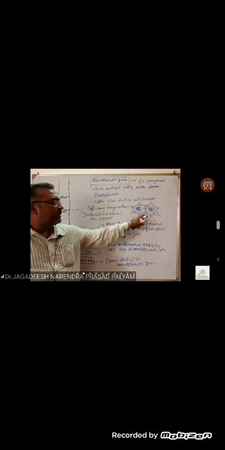I said meristematic cells, they are closely arranged without any intercellular space. And they have a large nucleus. And this large nucleus, along with that dense protoplasm, is very dense, very thick. And cells show active cell division, means this is the region where active cell division takes place. Meristematic region is the region where cell division occurs. Root cap does not undergo cell division. Only meristematic region alone undergoes cell division.